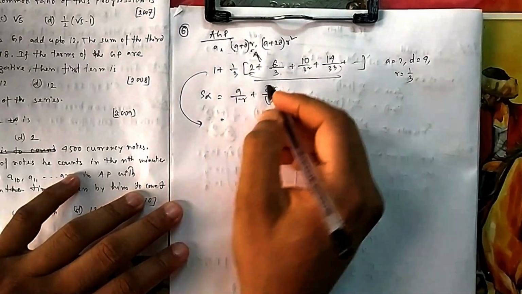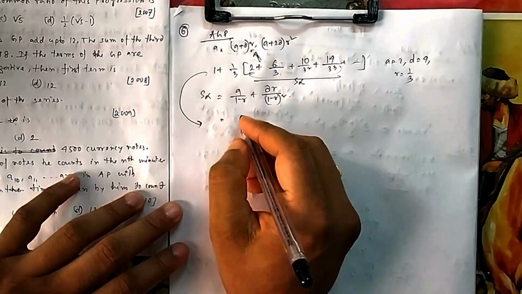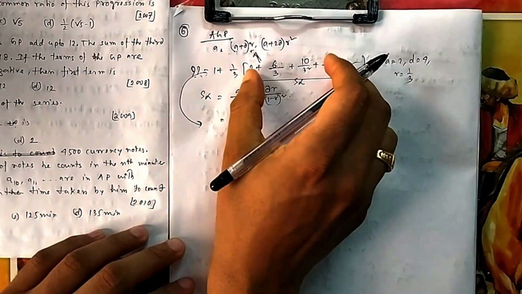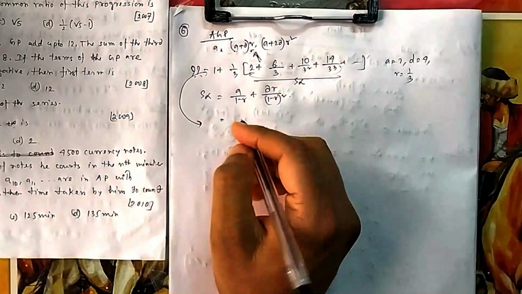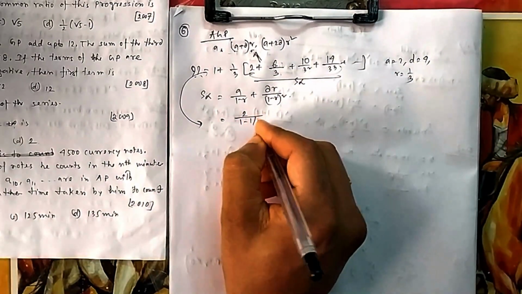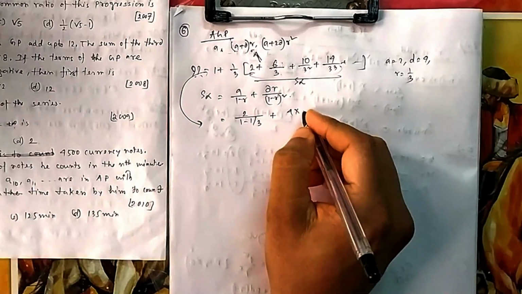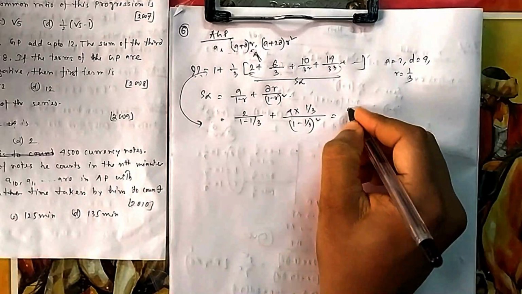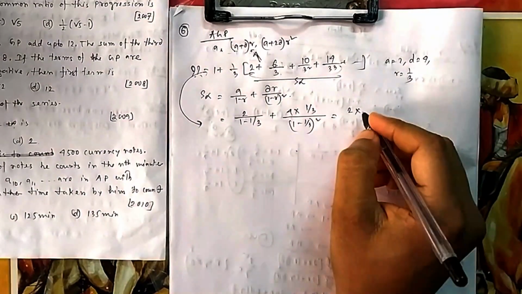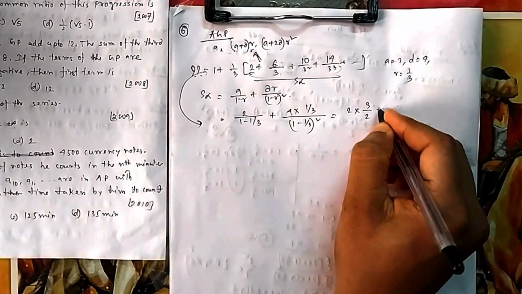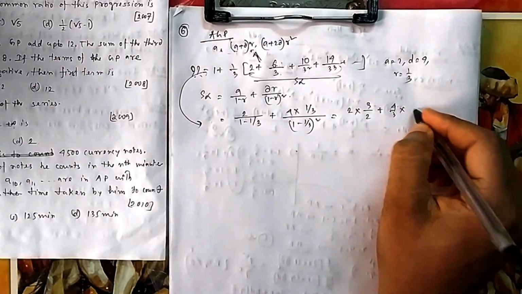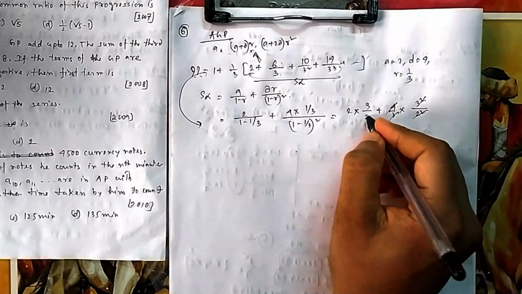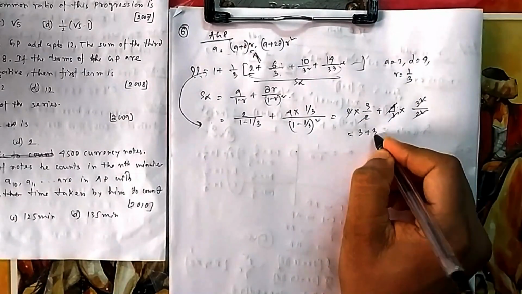So what will be this one? Let me take this one first, then I will put it there, because I need this one. My answer is this one, not this one; what I am getting is this much. So A is 2 divided by 1 minus 1 by 3, plus D is 4 into R is 1 by 3 by 1 minus 1 by 3 whole square. So it will be 2 by 2 by 3, plus 4 by 3 into 3 square by 2 square. 2 square gets cancelled, 3 gets cancelled, so 3 plus 3, it is 6.